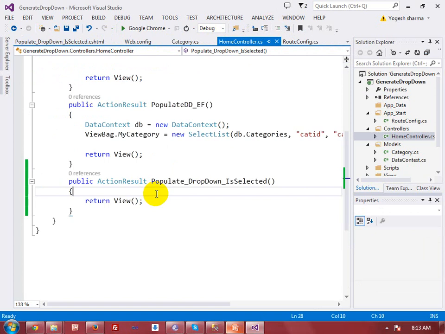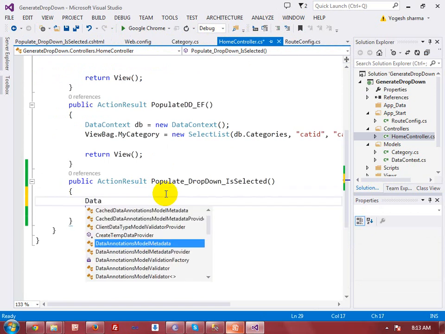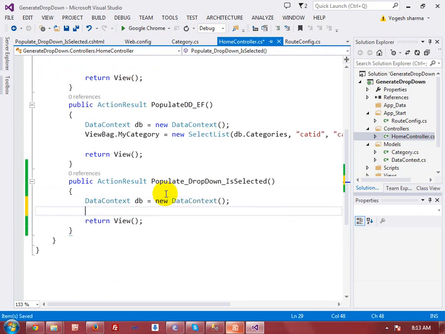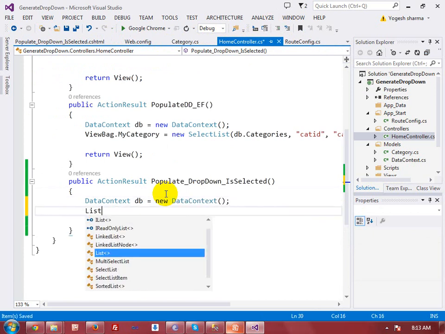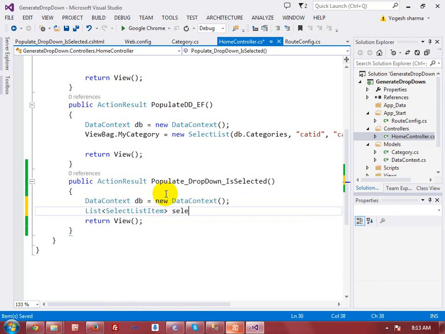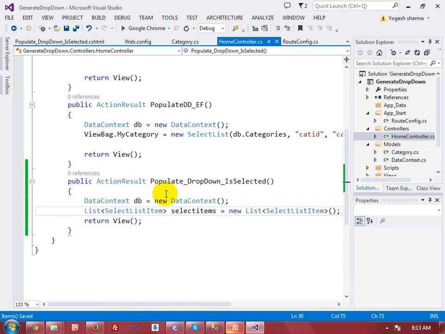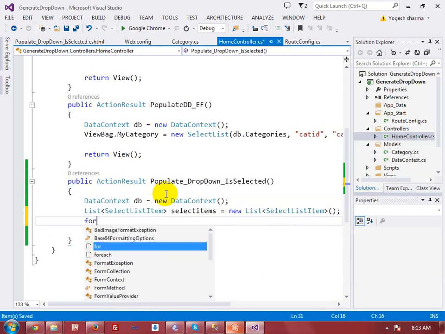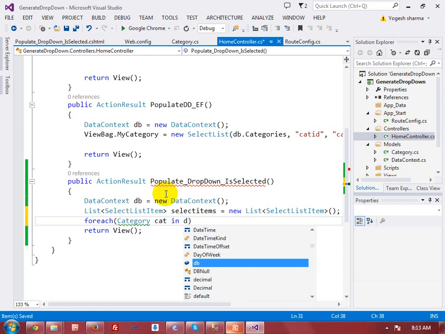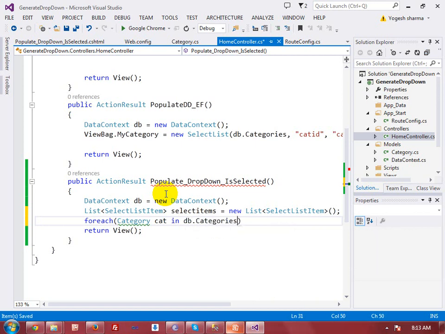In this controller I'm creating an object of the data context, new db context, and I'm going to create a list of SelectListItem, called selectItems, which is my list, and I will populate this list using a foreach loop. This foreach loop will loop through the category items, and I will fetch the categories using db.Categories.